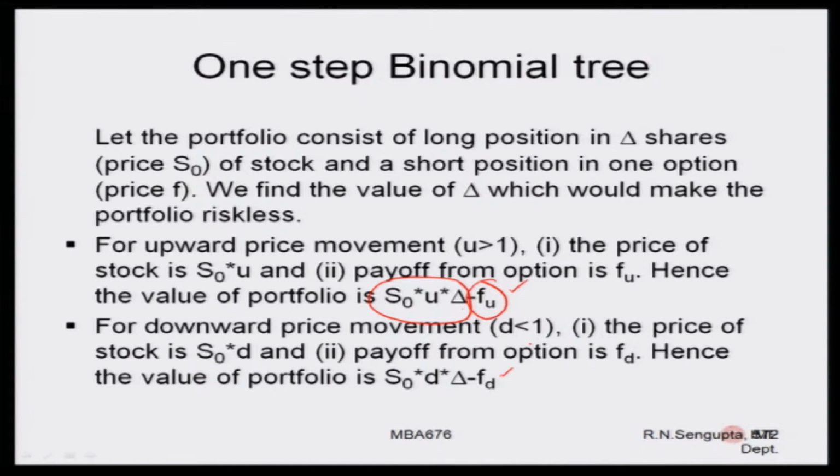So, U means upward trend and D means downward trend for a 2-step process or a binomial tree. The payoff from the option is basically FD, hence the overall value of the portfolio is given. If you want to find out the value of delta, equate both of them and find out delta, considering